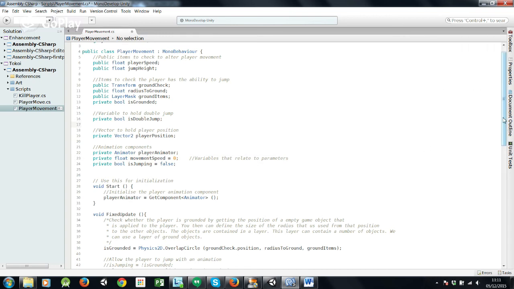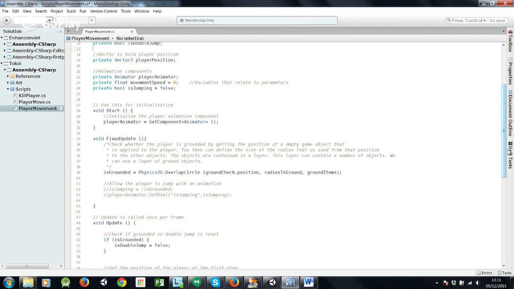Get that to go away. There we go. Okay, so then in fixed update, we're going to use fixed update rather than update, just because it runs at a particular time, it runs standard time. So what we're going to do is actually use our